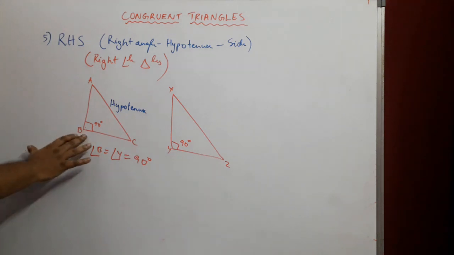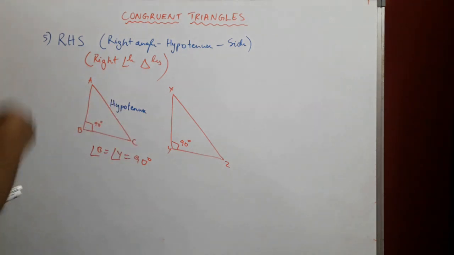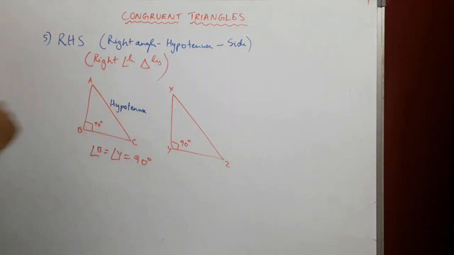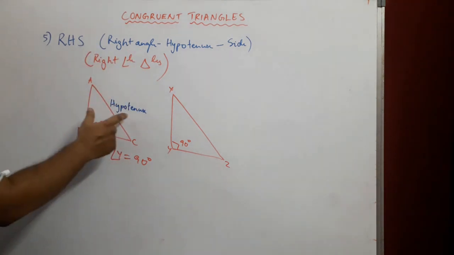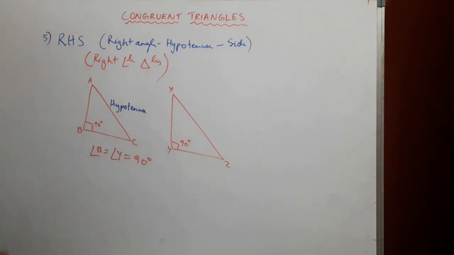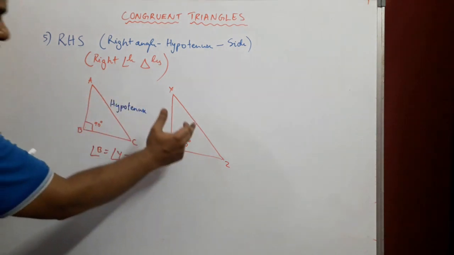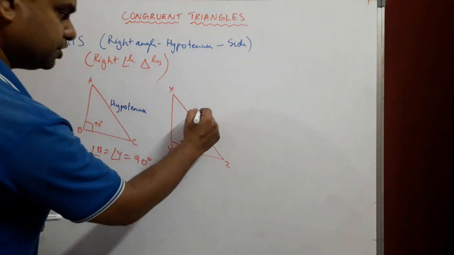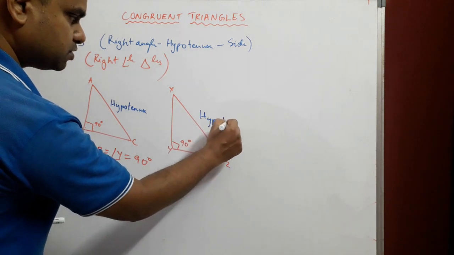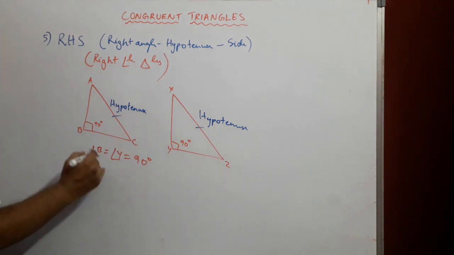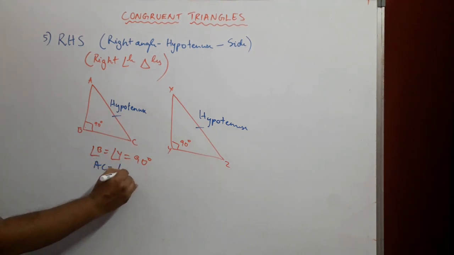Next, if we have a right angle, that means we will surely have the hypotenuse, and the hypotenuse is always the side that is opposite to the right angle. So if angle B corresponds to angle Y and both of them are 90 degrees, that means the corresponding hypotenuses also should be equal. So we have AC, and we put hypotenuse over here too. So these two corresponding hypotenuses are also equal, mark them this way. So AC is equal to XZ,